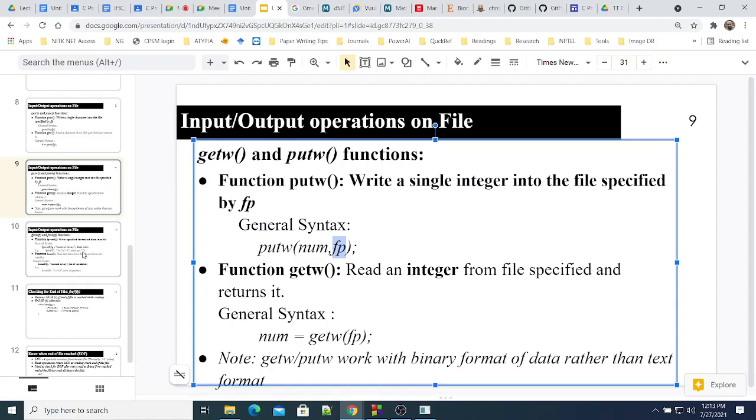getC and putC functions work on text files. Text file means when you open it, you can see the text or the characters. It is readable, human readable. But